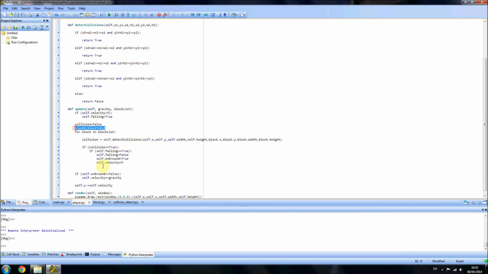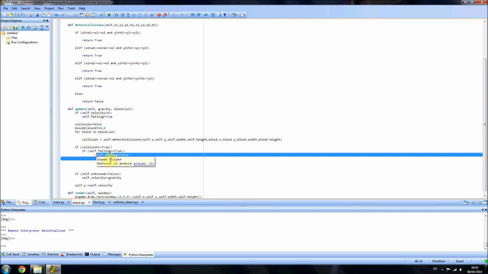We haven't actually used them yet, but what we're going to do is, this is not right. This should be out of the for loop, because if this would